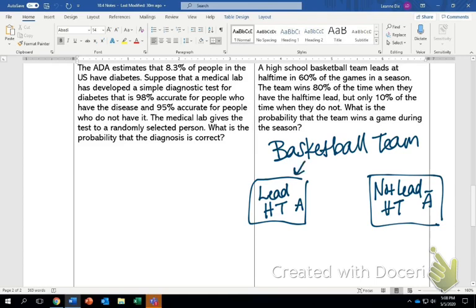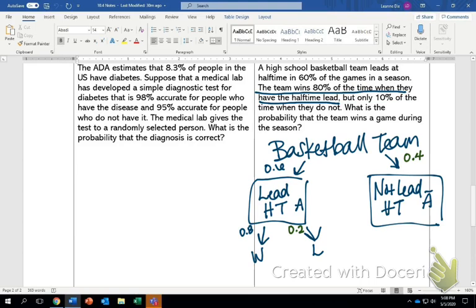And they're saying that out of these two options, leading is possible 60% of the time, or 0.6. So that means not leading is 40% of the time, or 0.4 chance, I guess. And then it says after that the team wins 80% of the time when they have the lead. So out of leading, there's only two options after that. They can either win the game or they can lose the game. And they're saying they win the game 0.8 or 80% of the time, and therefore the complement of that would be